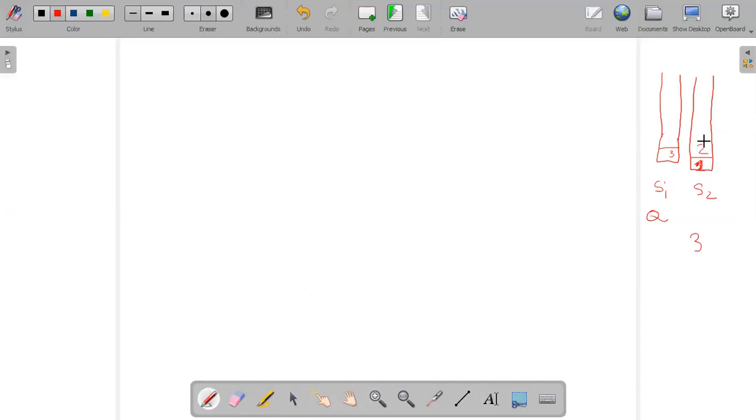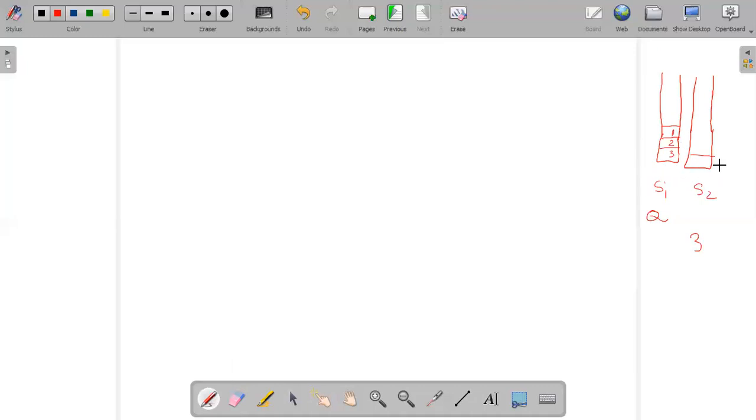This is pop, so it will be reversed: 2 will come here, 1 will come here, and this again becomes empty. I hope it makes sense, for those who just joined. So this one will come here, and here it will become empty.